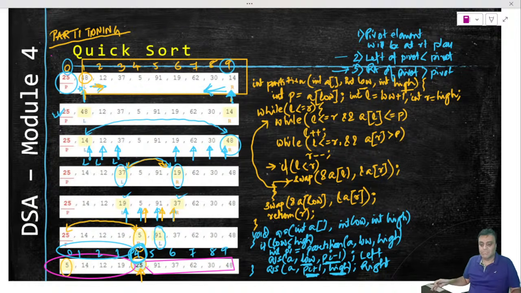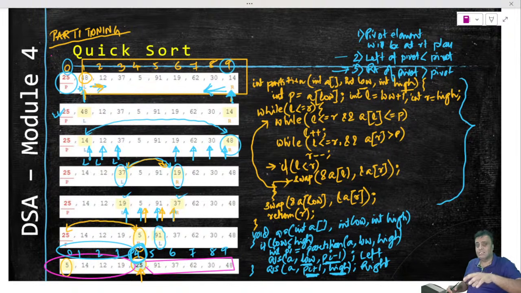So when I do this, then what is happening is, this main code is here. This main code ensures that the left side is sorted, right side is sorted, partition is delivered to the caller. Caller says, what? You have given me the partition, please do it for the smaller array left of the partition. Please do it for the larger array to the right of the partition. Same thing, do it. So it will again do the same thing. Again it will give a partition index. Again it will call the smaller arrays again. So this is the recursive way of actually solving quicksort.